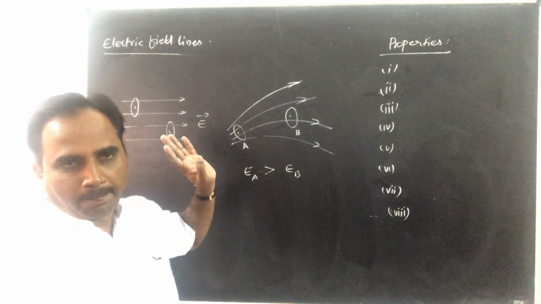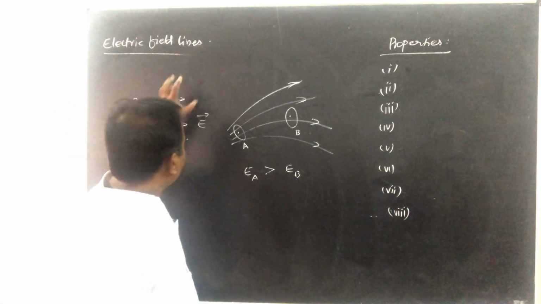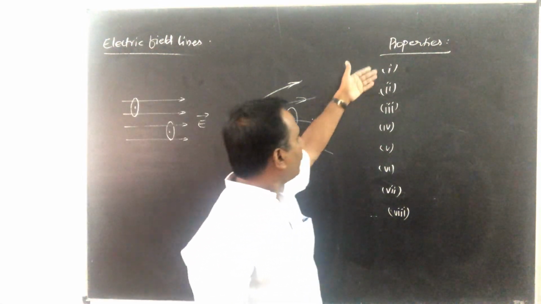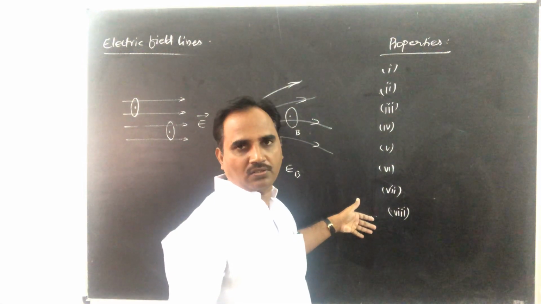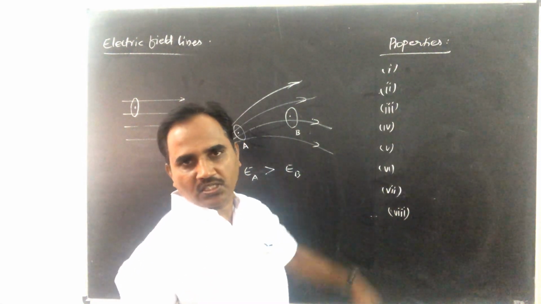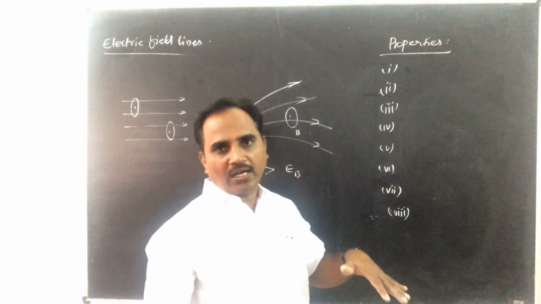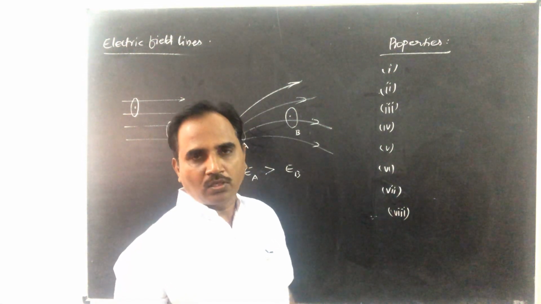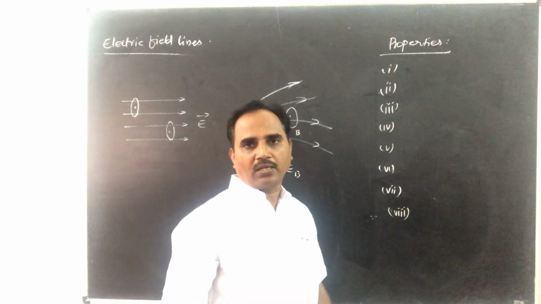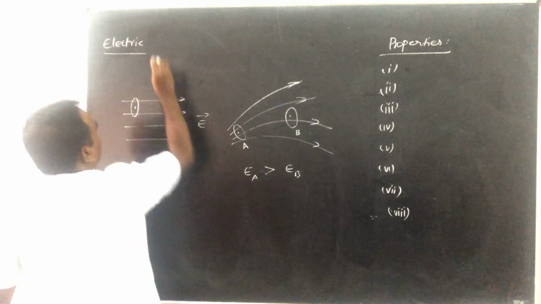So, basically, you learned what an electric field line is, how to represent uniform and non-uniform electric fields, and the properties of these electric field lines. If this is asked in the examination, you mention 2 or 3 properties correctly. Based on these points, some questions will be asked in the competitive examinations. You will be able to answer them provided you understand these properties correctly. The next concept is electric flux.